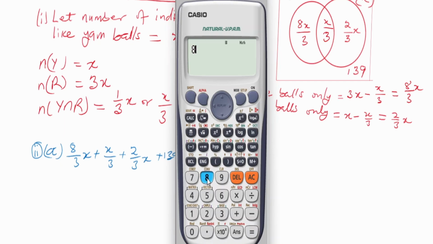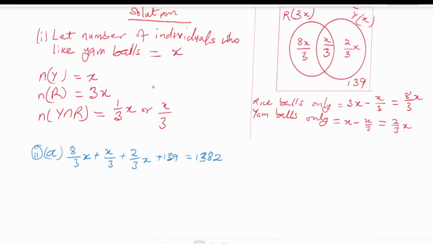So we have 8 over 3 plus 1 over 3 plus 2 over 3, and that gives us 11 over 3. So this will be 11 over 3x plus 139 equals 1382. Then we subtract 139 from both sides. We're going to have 11 over 3x equals